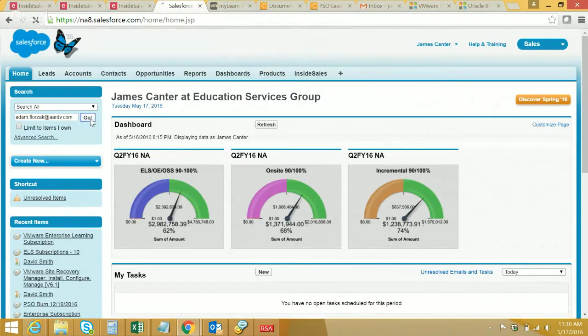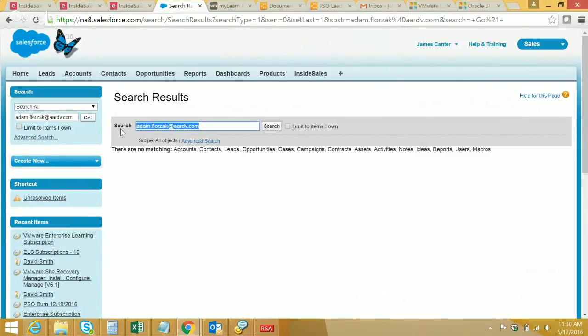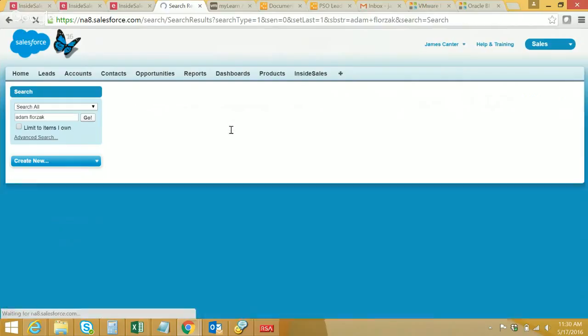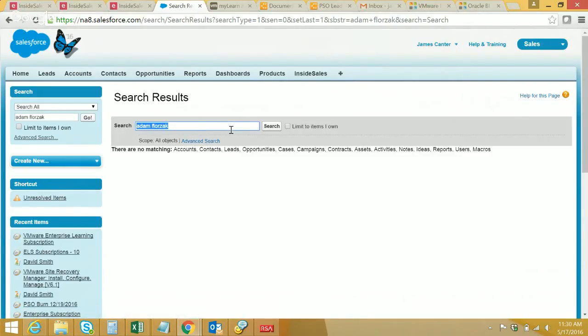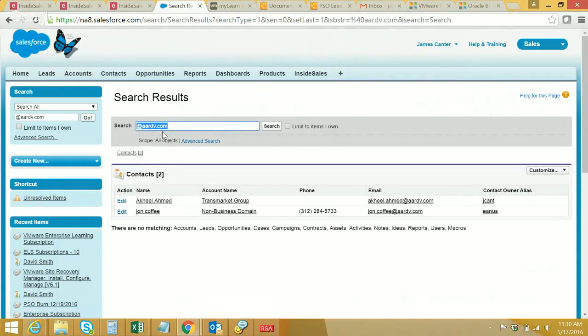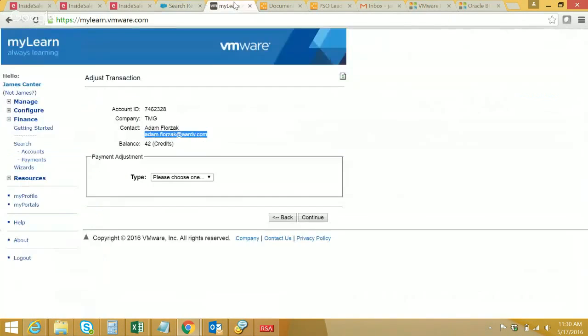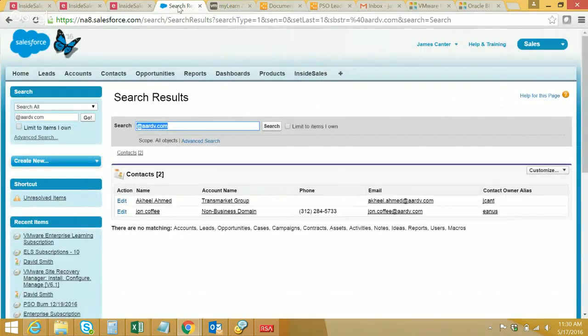I'm gonna plug them into Salesforce. The ESG Salesforce, yes. And the email doesn't come up, so I'm just gonna check by name. Okay, that contact's not in there. Now I want the company. I usually do it that way. So this says TMG, Trans Market Group. I'm going to assume that's